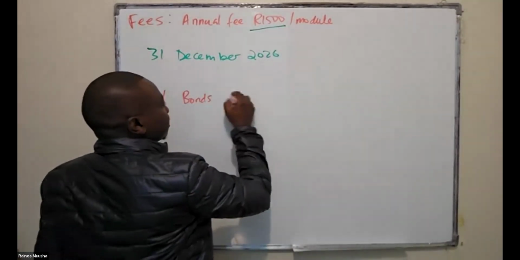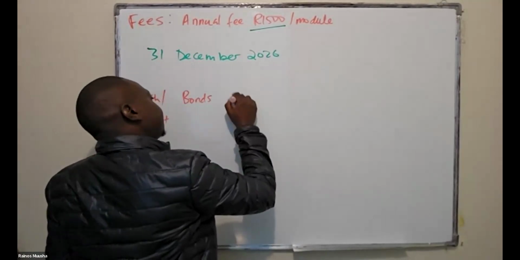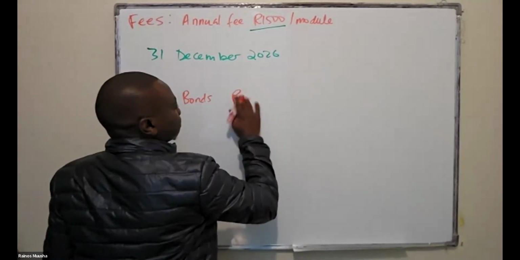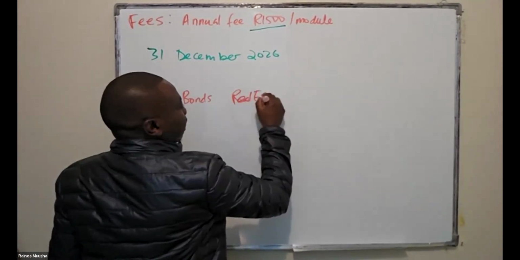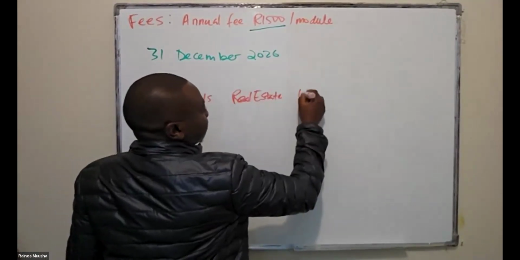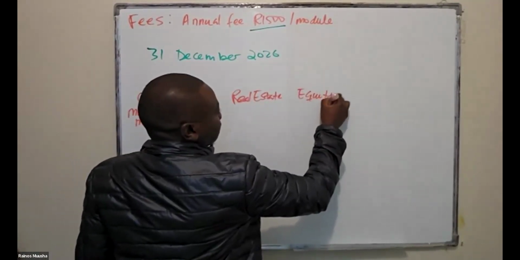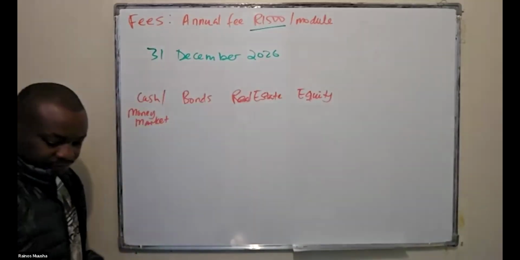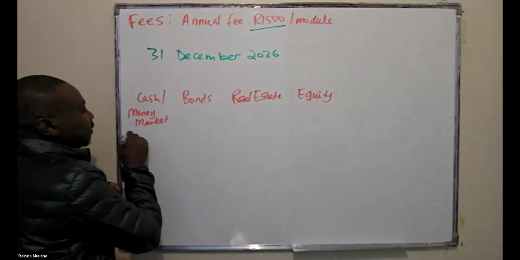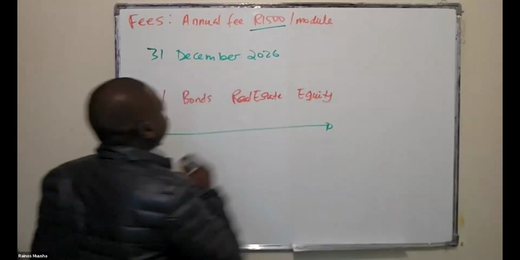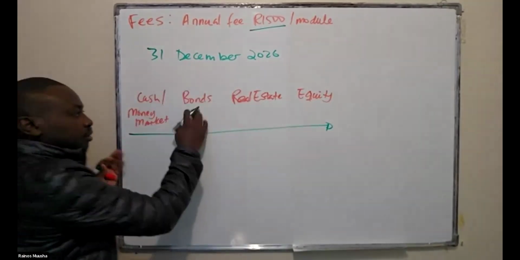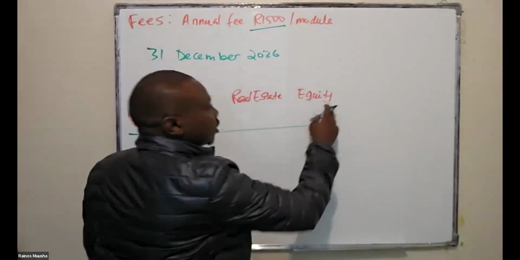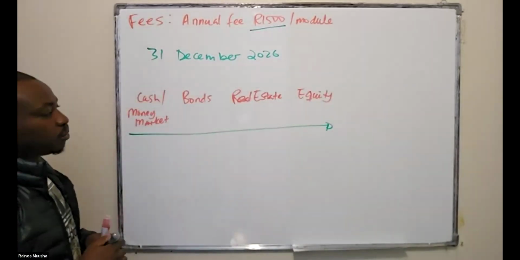You also have investment in real estate. And then you also have investments in equities as well. And as you can see, the more you move in this direction, from cash to bonds, real estate investments to equity investment,